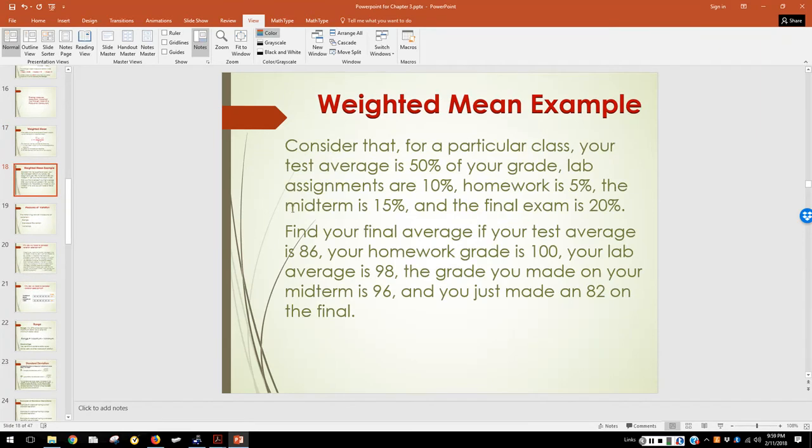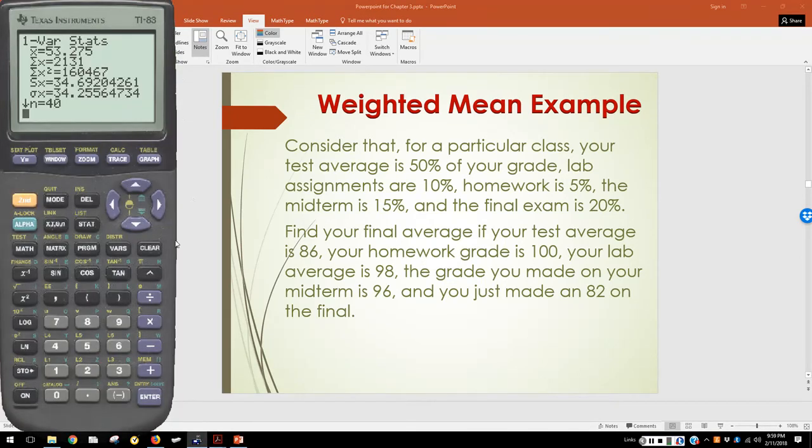So, for example, one of the weighted means you're probably going to be the most familiar with is called the weighted mean of your grades. You know that your grades in this course don't all carry the same weight. So the way that we would actually calculate the weighted mean for some grades is, in this particular class, the